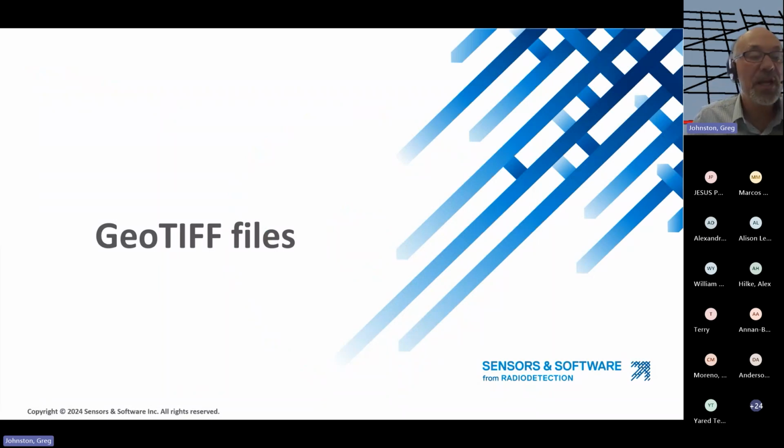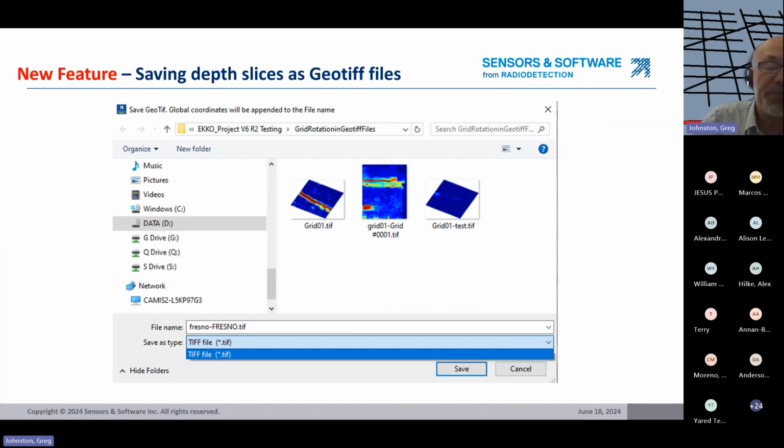Okay, a new feature in EKKO Project V6R2 is GeoTIFF files. Now you might be familiar with TIFF files. TIFF files are a graphics image format, so like a bitmap or a JPEG file, it's an image format. So a GeoTIFF, the geo suggests geography, and so the position of the image is embedded